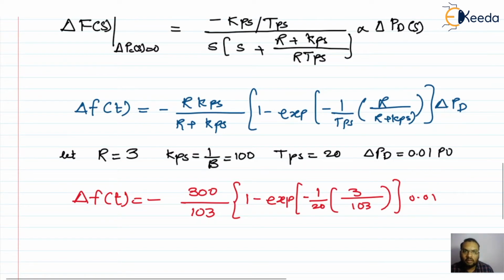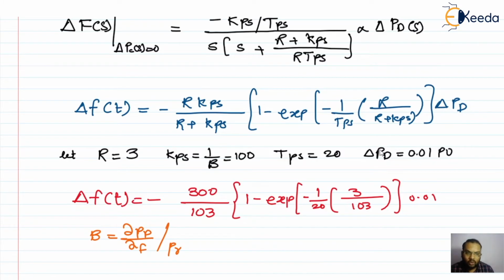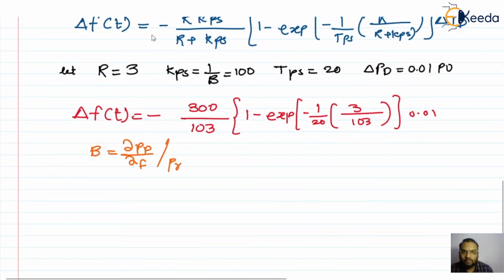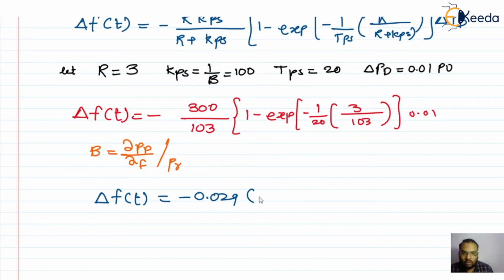If you remember that B, it is ∂Pd upon ∂f with respect to Pr. We calculate that B with this value. Pr is the kW rating of the alternator. So if we get this per unit value, as it is in per unit, consider the load to be in per unit. Okay, and when you solve this, you should get the value as delta f of t coming to be, of course here we have that minus sign, minus 0.029, into 1 minus exponential minus